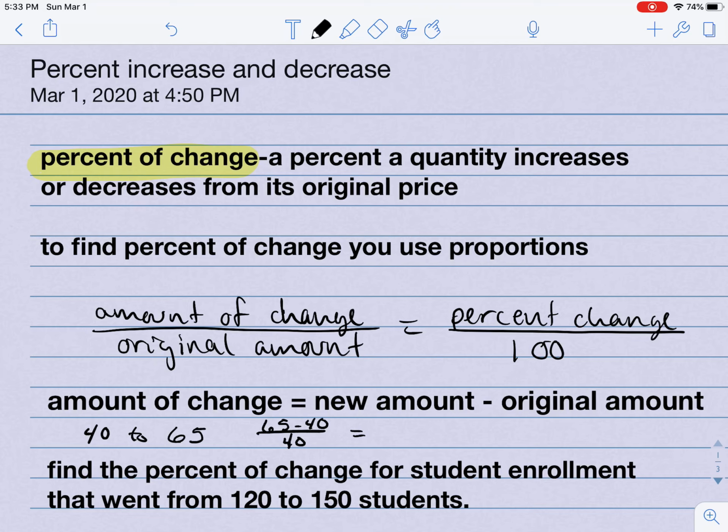That's going to give us our amount of change, and that's going to be equal to percent of change over 100. So that would be 25 over 40 is equal to percent change over 100,